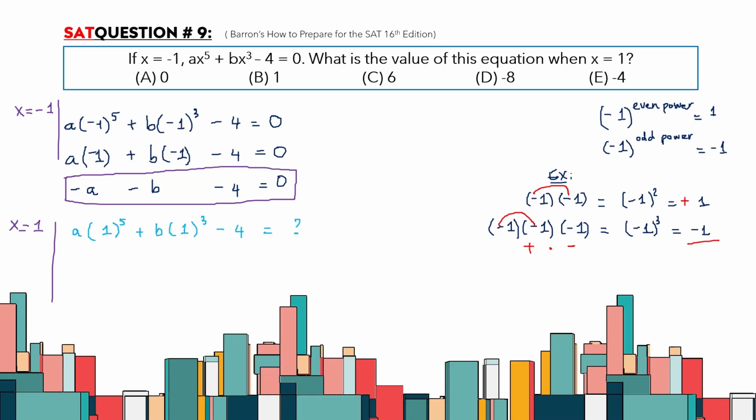Okay, so 1 to the power of 5 will be 1. a times 1 is a. Now b times 1 is b. Okay, now we need to know what is the value of a plus b, and from that one we can